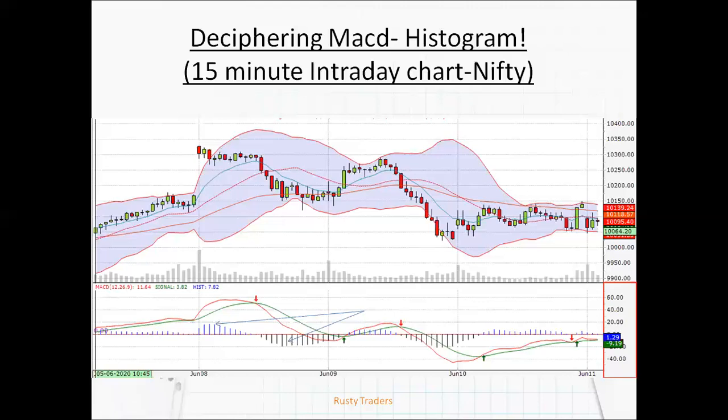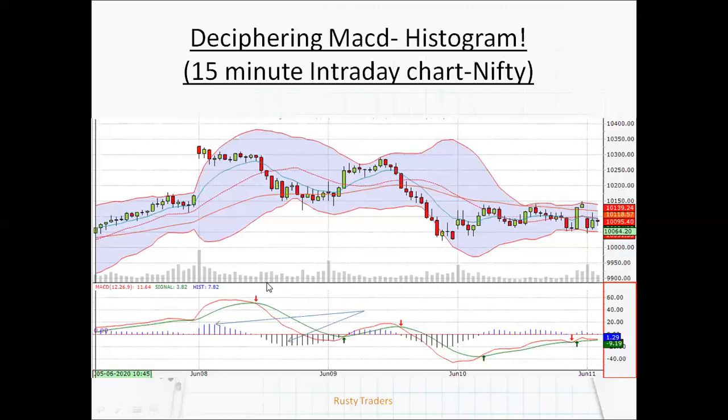If you remember, as we have already discussed, markets are all about probabilities. So you might not want to go in with full Monty, but yes, 10-20% of the volume that you're initially going to invest, you might want to put in here. Similarly, when the sell signal came here, the histogram already told you that the uptrend might start getting weakened, and this is where you should have again entered 10-20% of your total volume that you are going to trade on the sell side before the MACD gave you this sell signal.